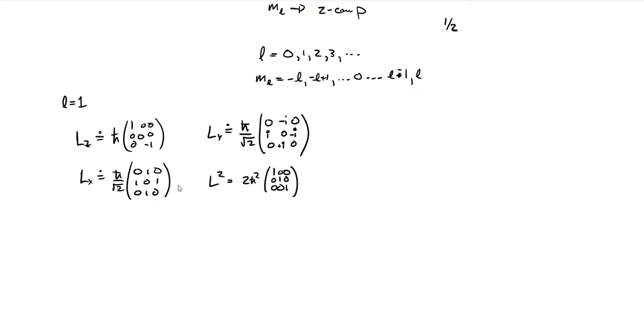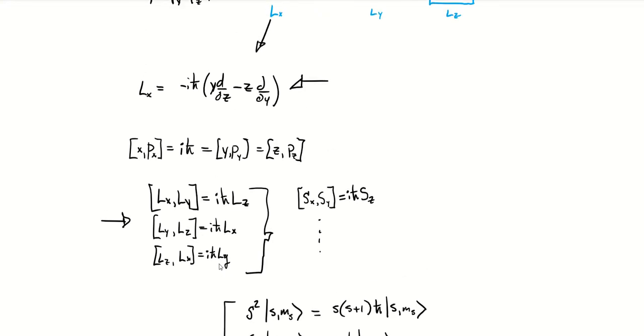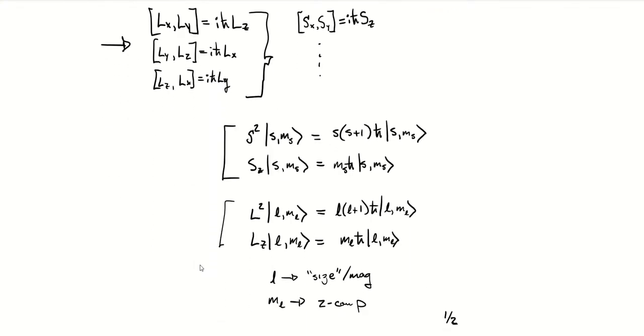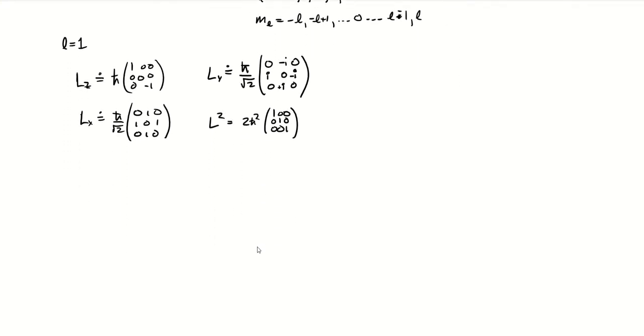The gist is, though, we're trying to solve this Hamiltonian in the position basis. So we're going to be concerned with what these operators are in the position basis, and we haven't really done any of that with the spin, because spin is an intrinsic property of a particle, whereas the orbital angular momentum is going to depend on the position and how that electron, for lack of a better word, is orbiting the proton or the nucleus of the atom.